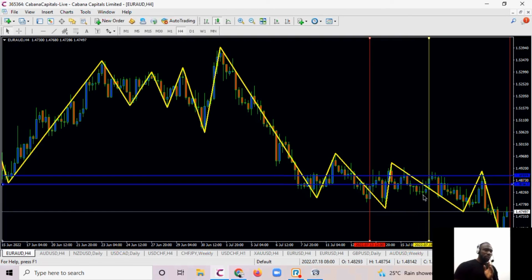So at this point, you can see on 4 hour there is no zigzag at this level. But if you go down to, now it's possible that this zigzag was at this level before. So after this candle broke out from the low of these candles, the zigzag adjusted to the new